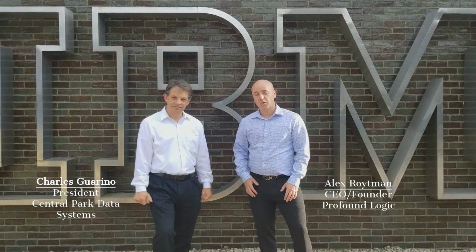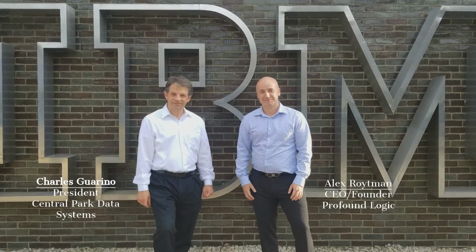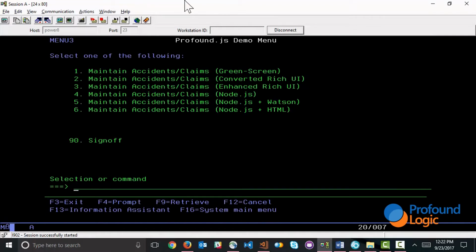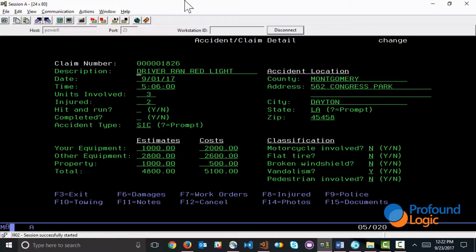Thanks, Charlie. So with that, let me lead into a demonstration of how Watson can be used to recognize images relating to insurance data. This application started out as your typical character-based green screen application. It allows us to maintain insurance claims. It has your listing screen of records, and it allows you to go in and maintain individual data about each